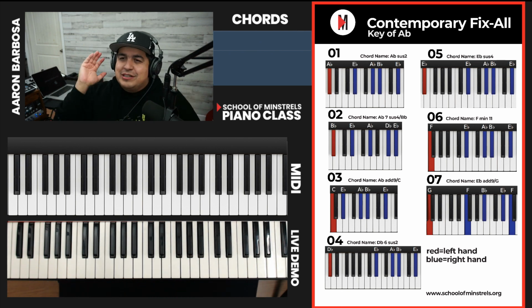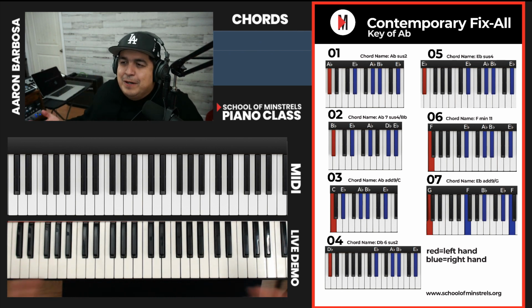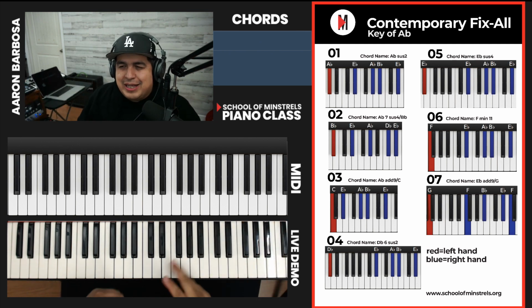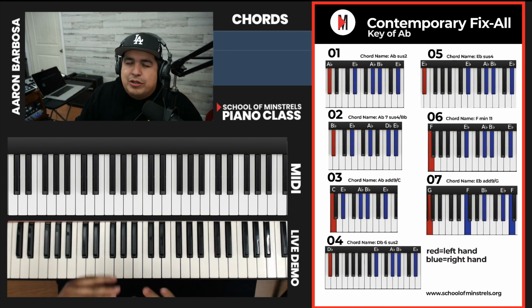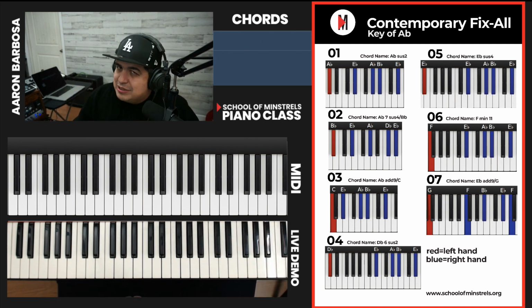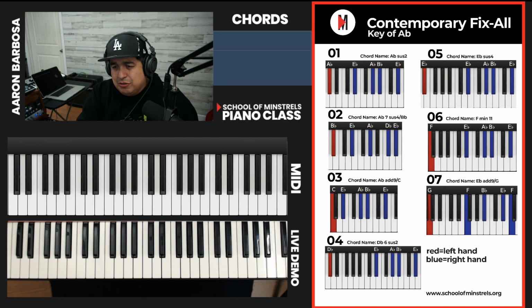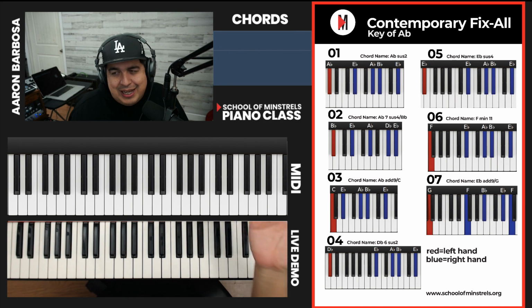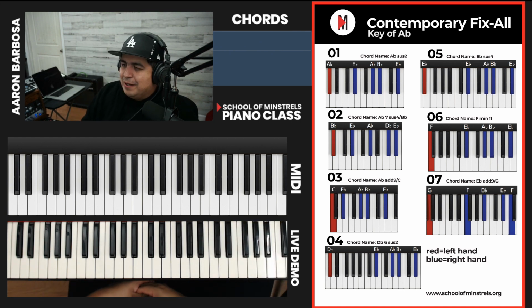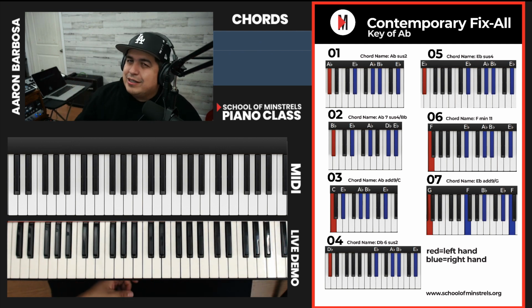We're going through this whole series, learning these contemporary chords in every key. And the reason I'm doing it in this intermediate class is that this is the class you want to be in if you want to learn more mid and up-tempo songs. We don't do that much slow stuff in here, because you have access to the beginner class for the slow songs. If you're looking for gospel-y slow songs, you can get that in the advanced class. There's so much material on that, and even in our bonus content, tons of slow songs and gospel versions, and how I gospel it up. We just love creating content for you guys.